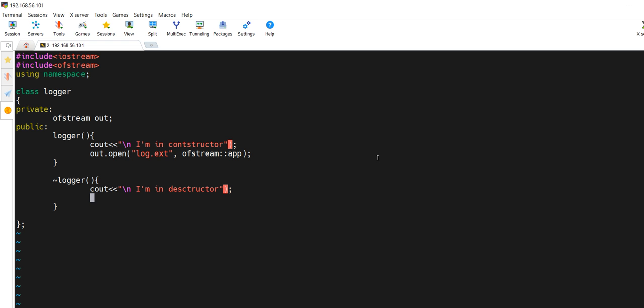In the destructor, I'll make sure I close the file. It's good practice to close the file in the destructor. But how are we going to handle it if someone is terminating or killing the process? So for that, what we'll do is I will create just